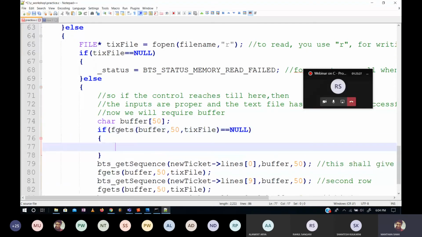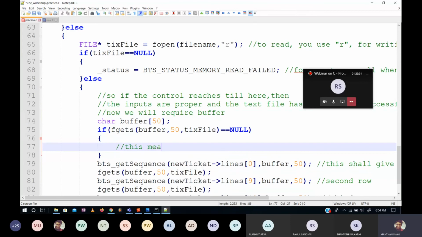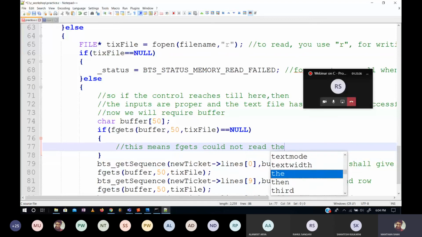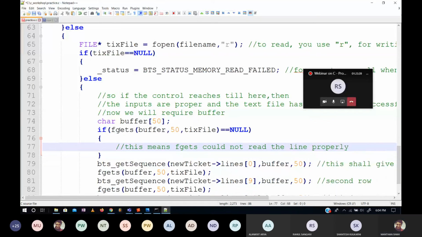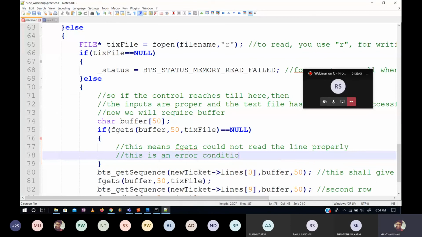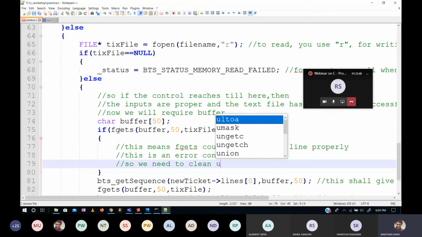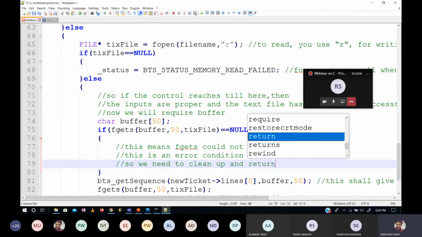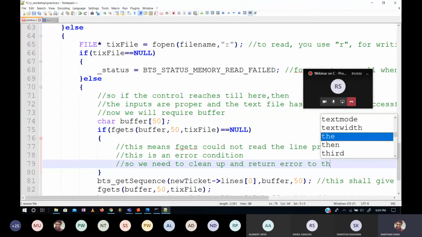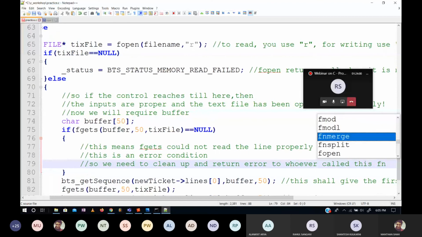So if we use this, the above if condition tells me that fgets could not read the line properly. This is an error condition. So we need to clean up and return an error to whoever called us, be it the main function or whatever.